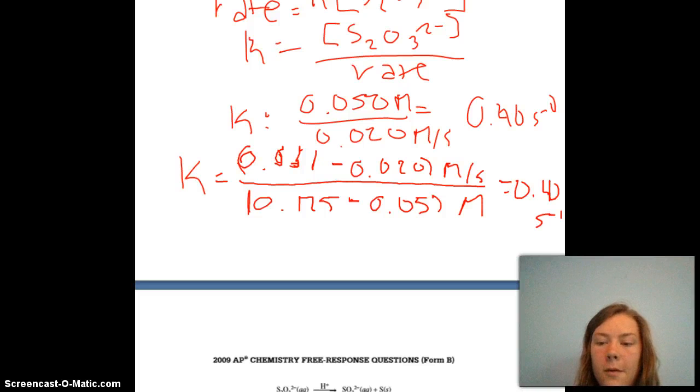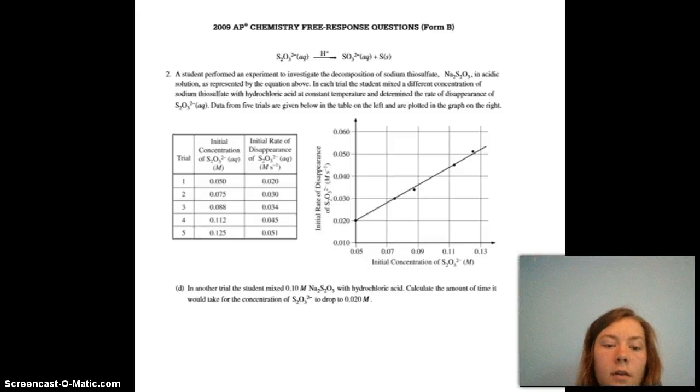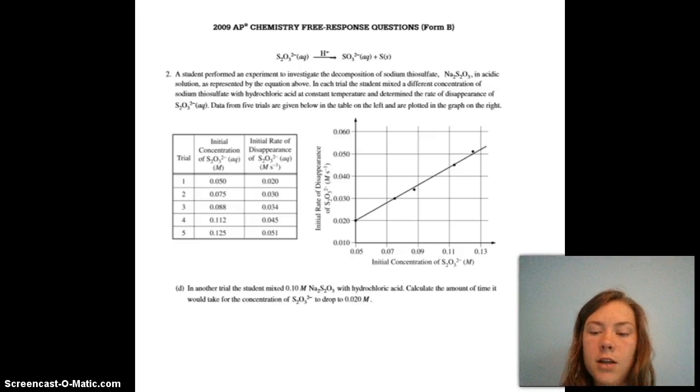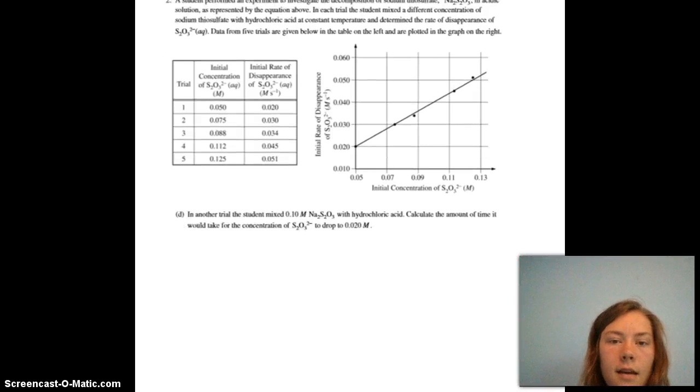Okay, so moving on to the next part. In another trial, the student mixed 0.1 molarity sodium thiosulfate with hydrochloric acid. You need to calculate the amount of time it would take for the concentration of thiosulfate to drop to 0.020 molarity. So we need to use the integrated rate law for this, and for first order reactions, it is